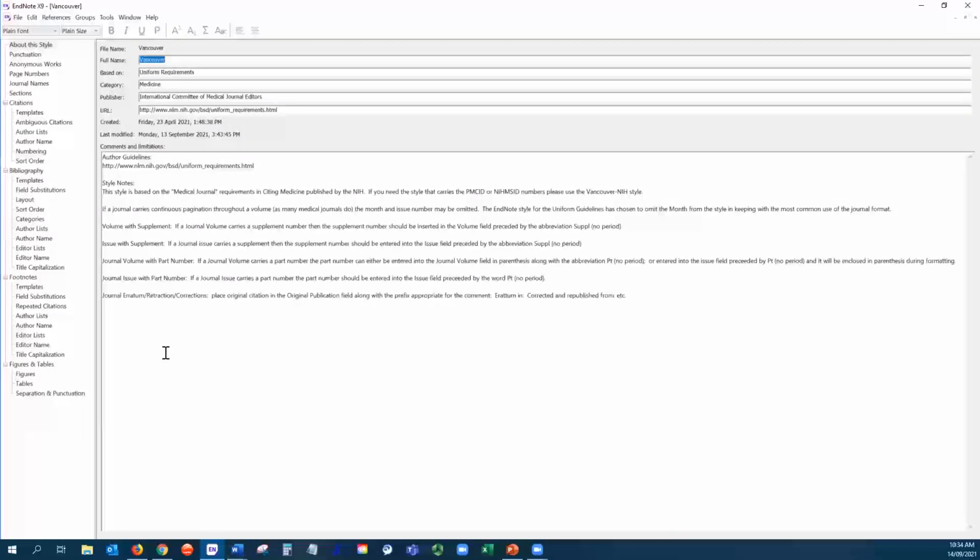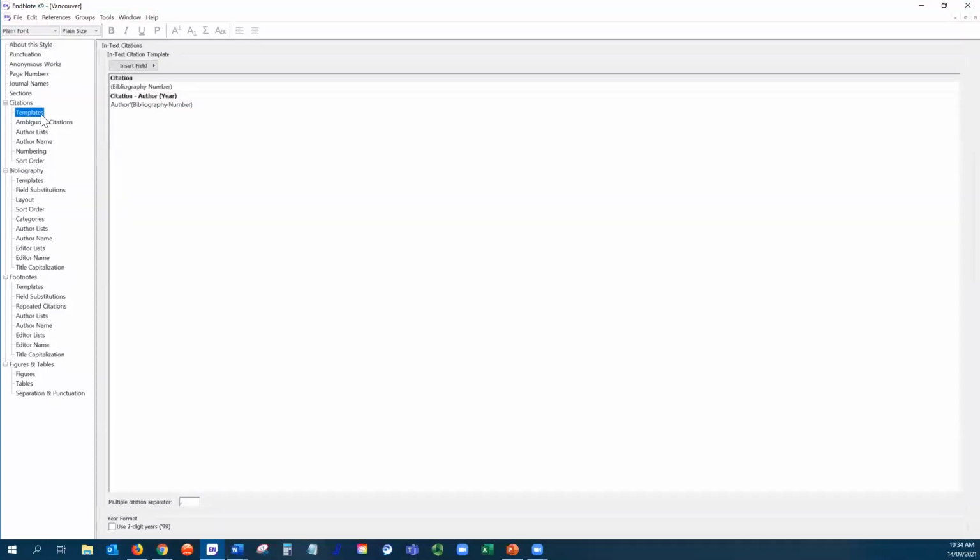And with Vancouver, you either need to have a number in a bracket in text, or it needs to be superscripted. So it needs to have just a little number above it. And what we can do is we can go into templates, and you can see here the bibliography number. I'm wanting to change that. So I'm going to highlight that. And you can see up here, we've got the option to make the bibliography number turn up as a little